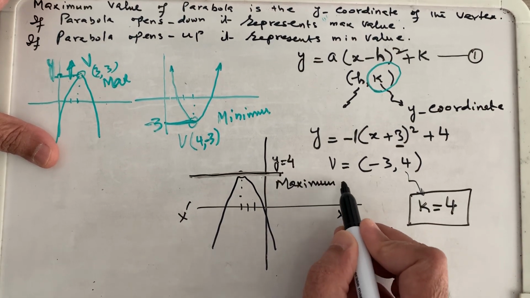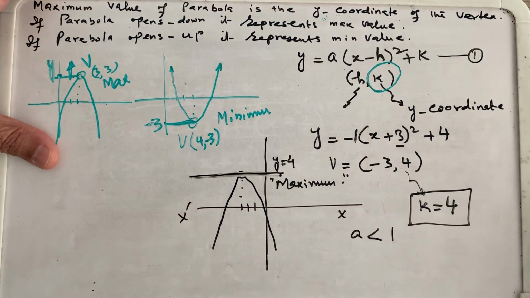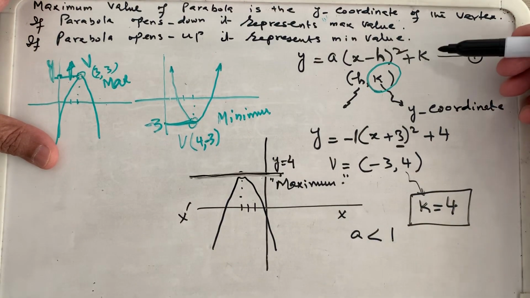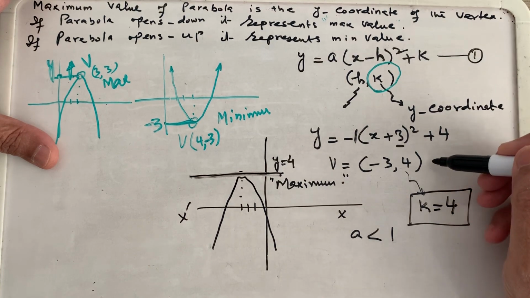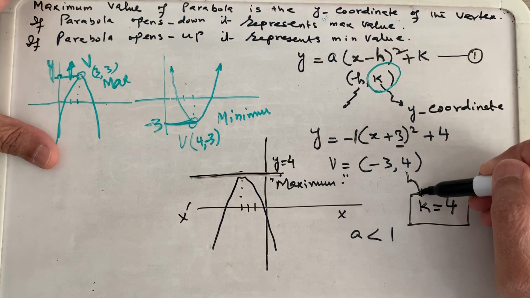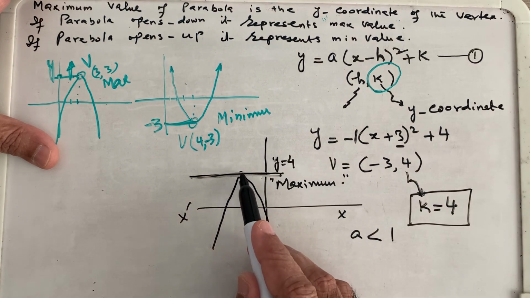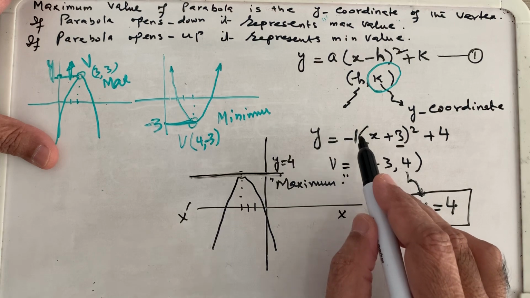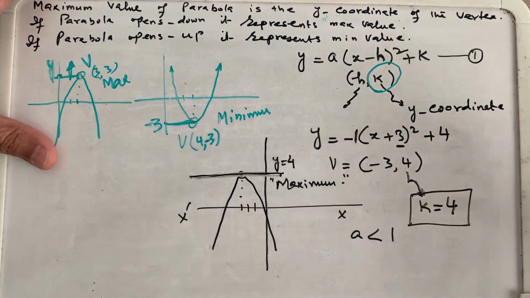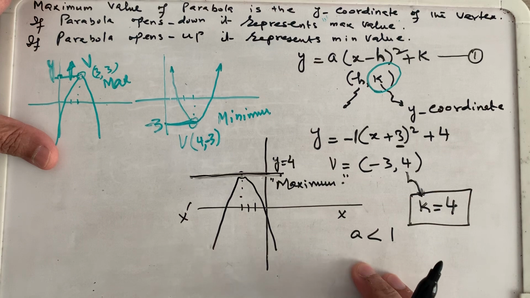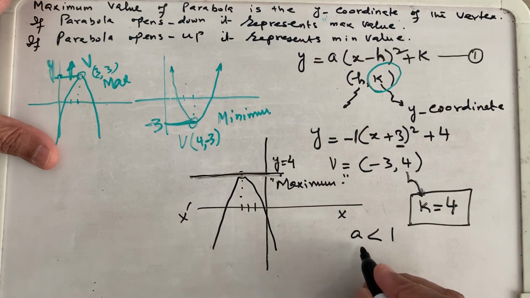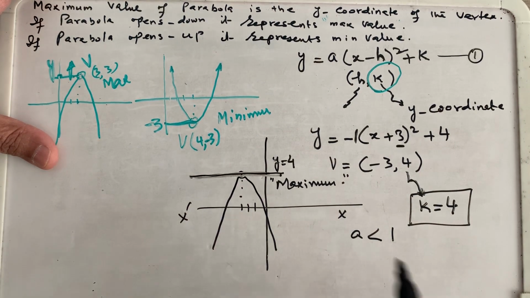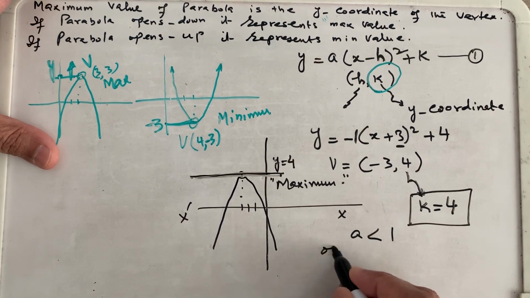So we learned that whenever we have a given equation, we have to compare it with the original equation. We have to determine the vertex, and then the k part is the y coordinate, and that tells us the minimum or maximum value of that curve or of that parabola, right? So here a was less than 1. It was minus 1, right? Whenever a is less than 1 in any given equation, it will always open down. So open down means maximum value. So a is less than 1 means opens down,